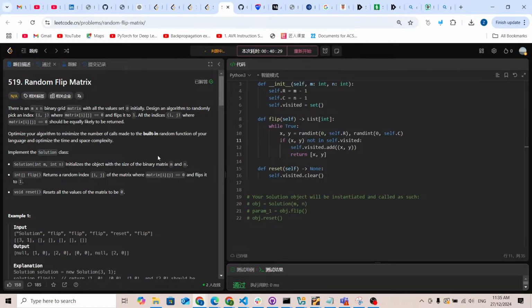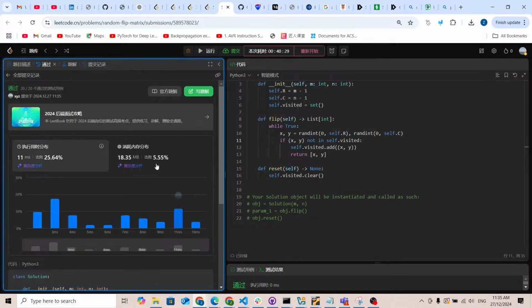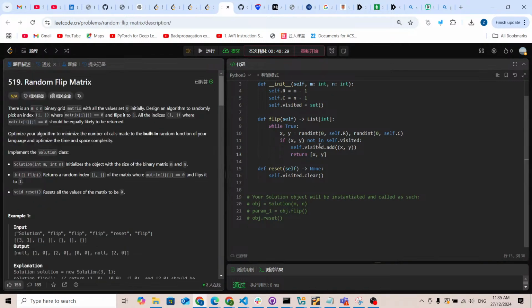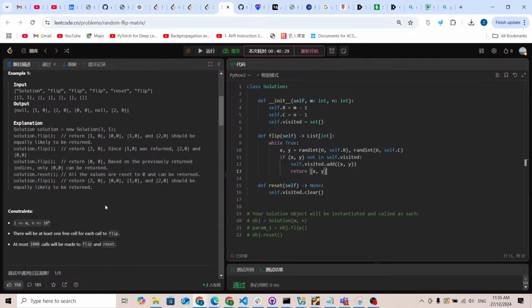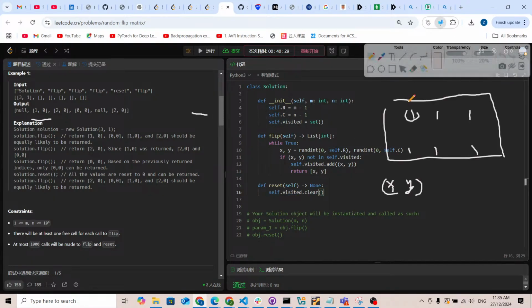Now let me submit it to check if it can pass. As you can see, it passed all the test cases, and it's pretty fast. For the time complexity, normally we don't need to analyze reset and init, but what about the flip? For this flip, we are setting True and randomly introducing some numbers. Maybe in between there's a clear of the weighted set, which is okay, but it's going to collect a lot of points inside the weighted set, and the next one may be a duplicate, so we didn't find something new.